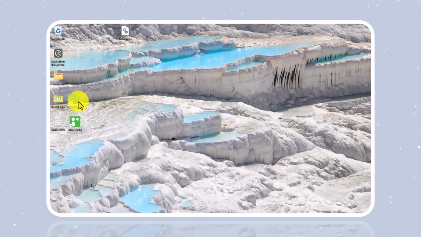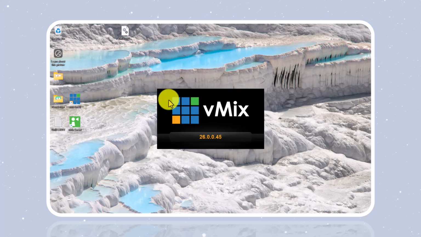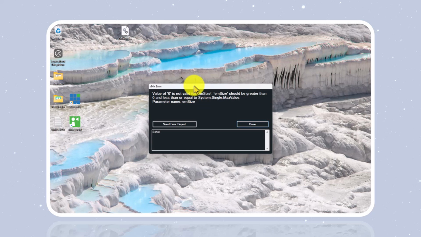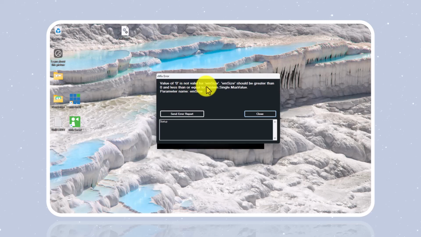Today I'm going to give you a total solution of this error every time you try to open your vMix. This is the error that is going to come: Value of 0 is not valid for emSize. Should be greater than